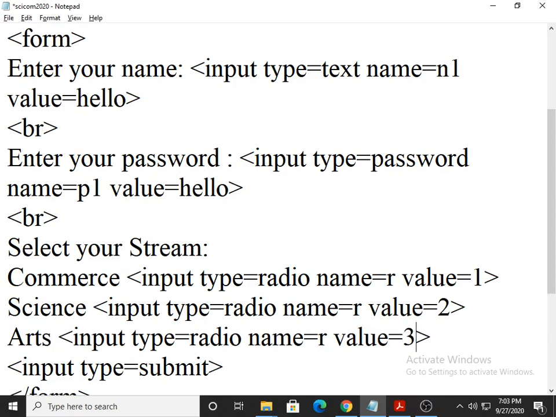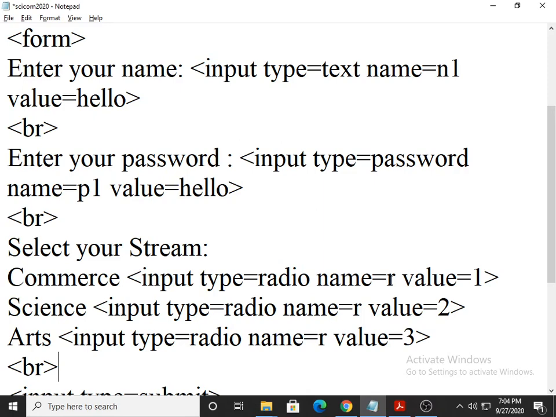Now students, if you notice, I mentioned the name same. Be careful, whenever you are creating radio buttons, listen carefully, the name of all radio buttons of one group is required to be same. We require only one name because we are capable of selecting only one out of these three. So that's why the name of all radio buttons in one group is compulsorily required to be same. Here I put name as R. You can put R1, R2, P1, X, Y, Z, whatever you want.